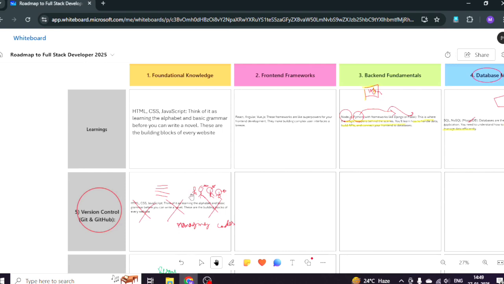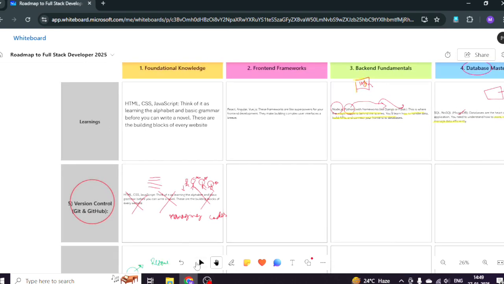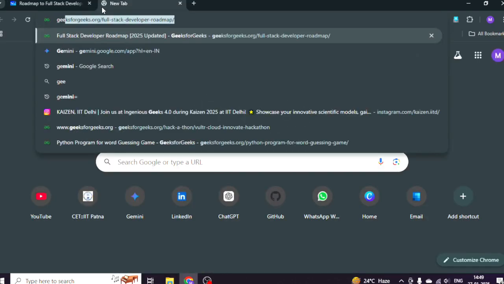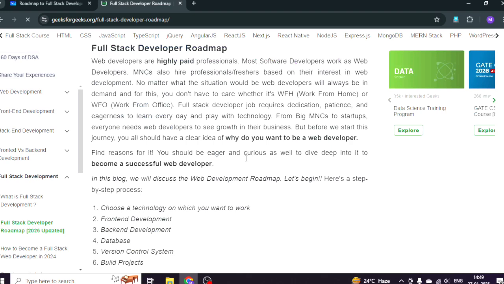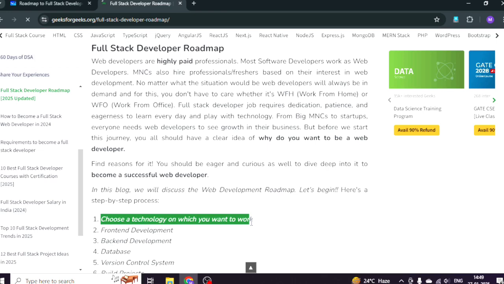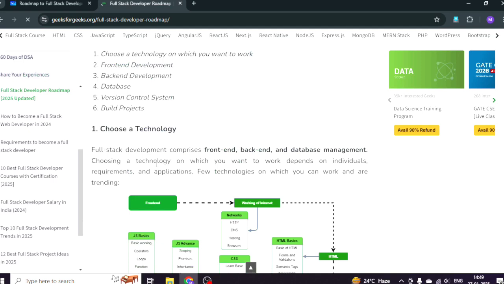Also, here you can see more details about it. As our video is getting much longer, here you can search GeeksforGeeks, a website that helps first year students learn more. First you have to choose a technology you want to work on. There are so many types; this is the roadmap flowchart. Here you can see, as I told above,